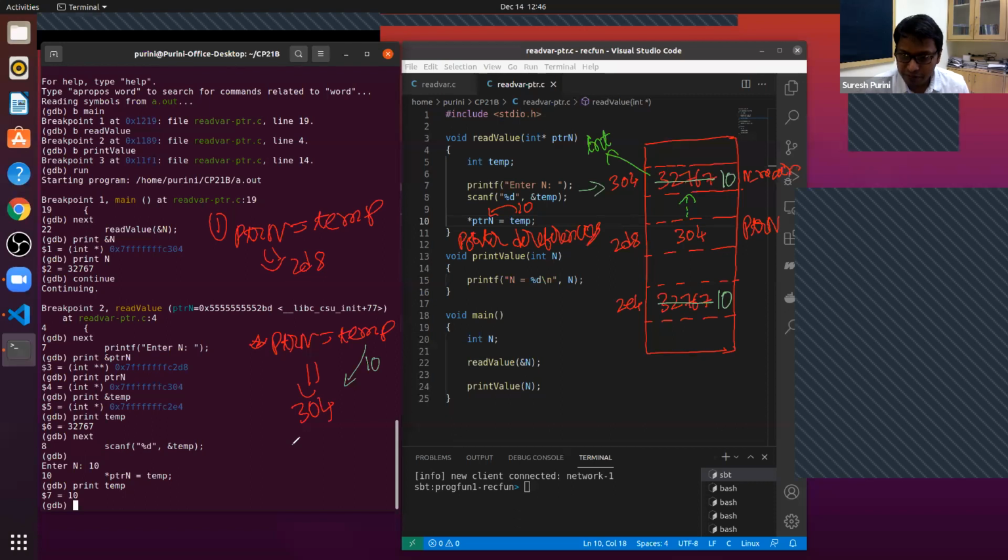If you are still having trouble, I would suggest after this class is over, you think about it. PTRN is not an integer, it is a pointer to an integer. That is the first thing we started with. Because on line number 22, what are we doing? On line number 22, we are passing the address, we are not passing n.